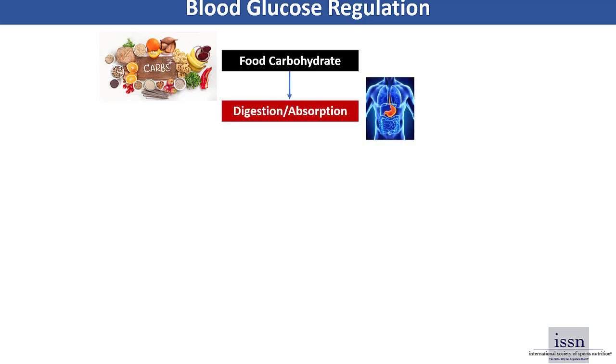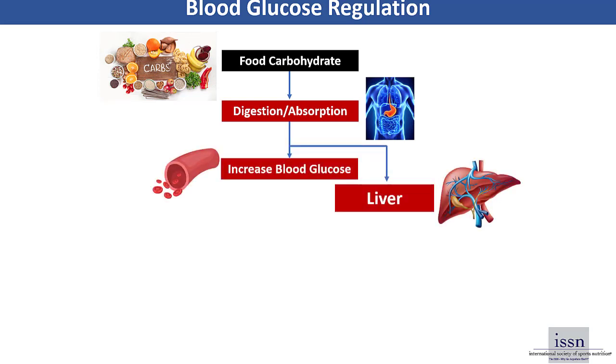Plus, glucose will be the primary monosaccharide that circulates in the blood, and the body will regulate the level of glucose that circulates. So when food carbohydrate like starch and disaccharides are digested, monosaccharides are absorbed. This increases blood glucose levels. Plus, on the way to the blood, monosaccharides flow through the liver first, and the liver will take up monosaccharides, primarily fructose and galactose, but also a lot of the glucose.